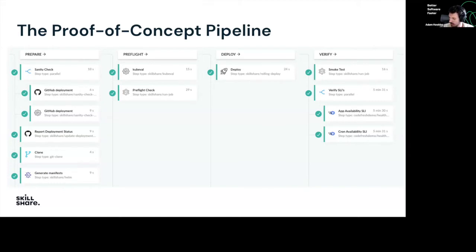We were in an advantageous position because we had already created what we called a playground service. This was just a really pared down version of our actual services that we had hooked up to all of our different automation, so we could test out different parts of this. So what I did was give them a zip file of that code and said, here's the pipeline. Can you build it? And if you can get this done in a week, let's talk, because we were under